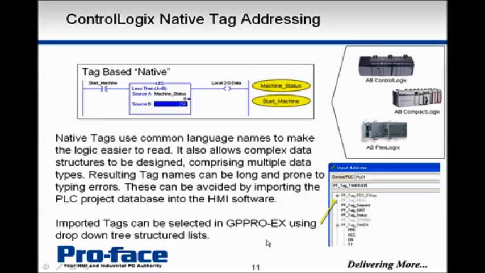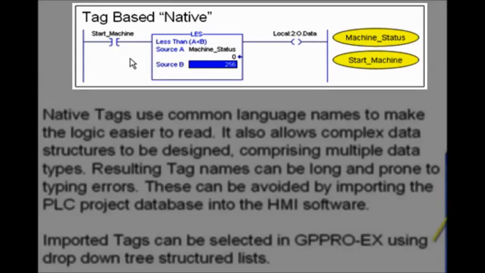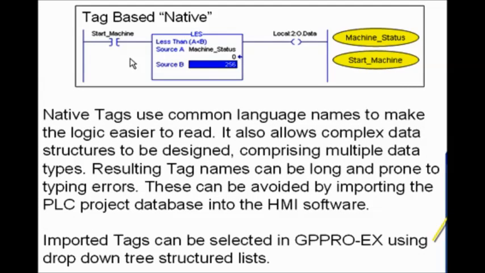Now let's move on to talk about the native tag addressing that you have with the ControlLogix and CompactLogix series from RSLogix 5000. In this case, we have what appear to be symbol names, like start machine, but unlike the RSLogix 500 or the SLC-based systems, this is not a symbol that equals N70 or whatever. The symbol is the tag. The symbol name is the tag name, and there's no equals,